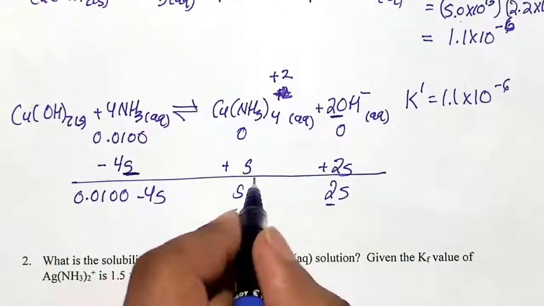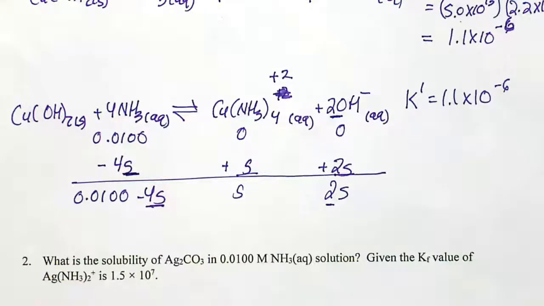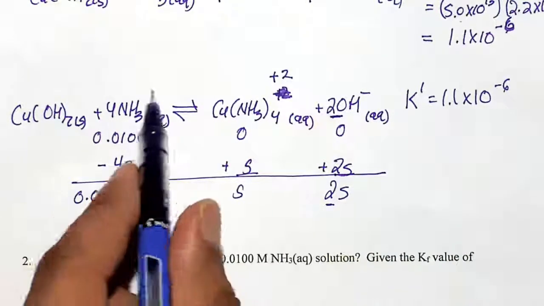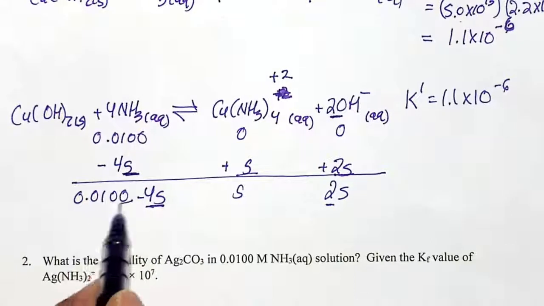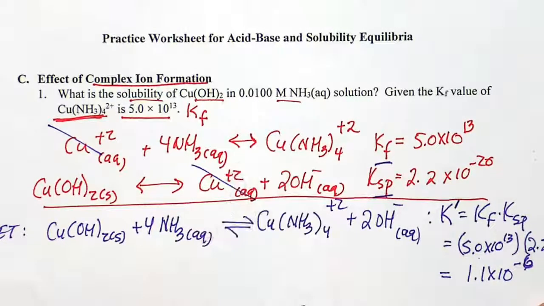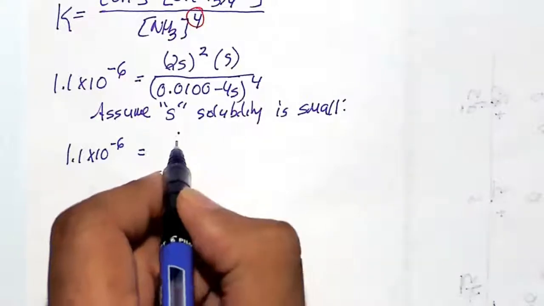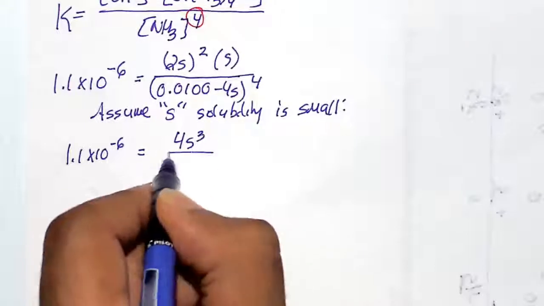So what I'm really solving for is s and 2s, and this minus 4s is going to be so small, the concentration of my ammonia is really going to be dominated by the 0.010 molar that I've added to my copper hydroxide, where s times 2s squared is 4s cubed, divided by